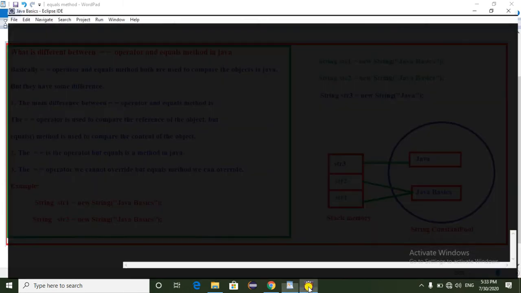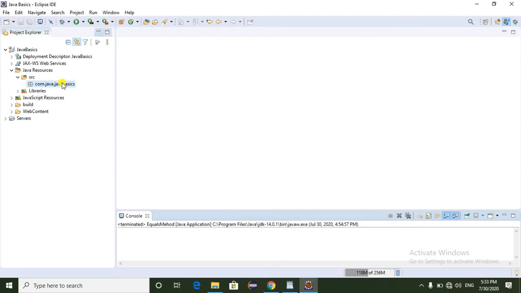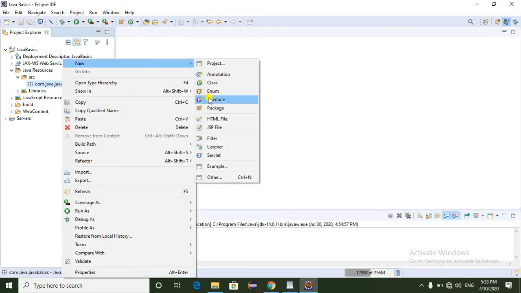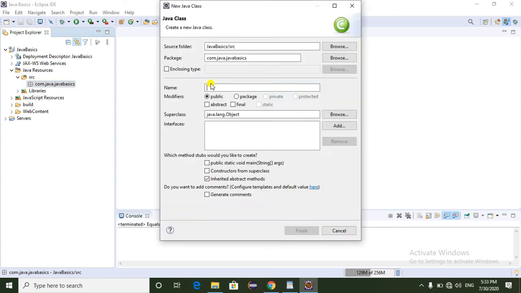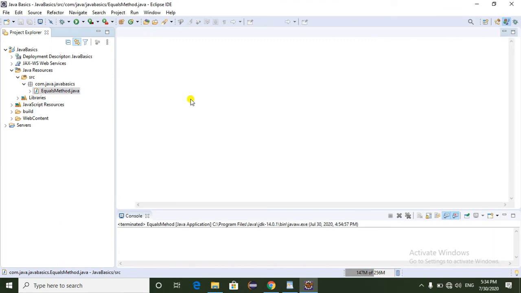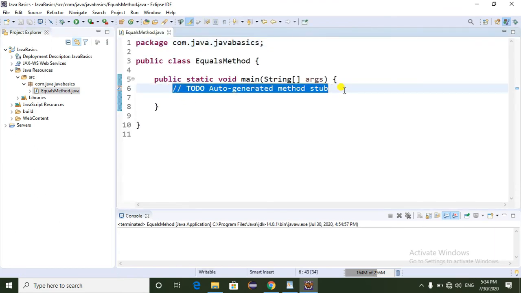Just go to Eclipse, create a new class, and my class name is EqualsMethod. Select the main method option, select the Finish button, and remove the comments.